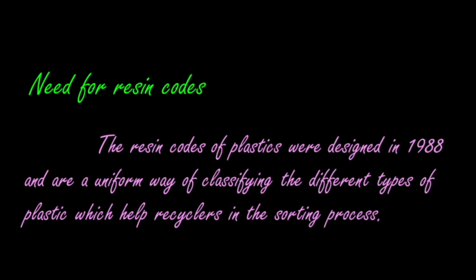No, we cannot use a separate process to recycle the paper and recycle the glass. In the same way, we can recycle the different types of plastics in a different method. We cannot use the same technique. For that, we have to classify the plastics based on the resin code. So, resin code is very, very important. Okay. The next thing is how to find the resin code on the plastic items.